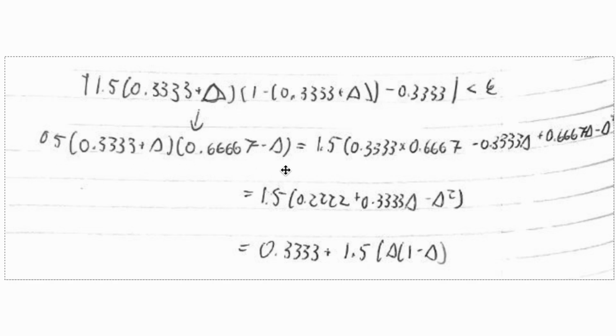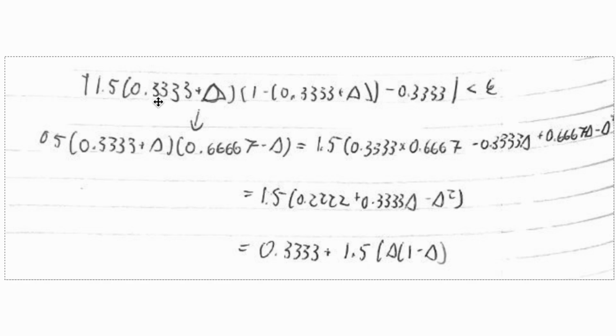And then this is just going about simplifying the expression inside this absolute value here. In the inequality, I don't have the less than epsilon over here because I just kind of ran out of room a little bit. But once this expression is simplified out, you can get 0.5 plus the quantity of L plus delta times quantity of 2L minus delta. And then here, it's just another way of writing that out with the polynomial back here,